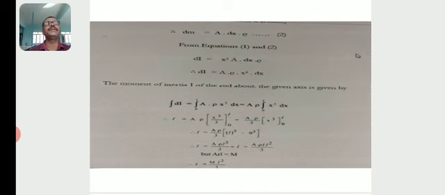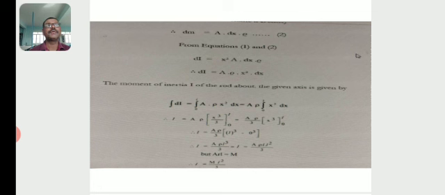Then dm is equal to A into dx into rho. Again from equation 1 and equation 2, dI is equal to x square into A dx rho. Therefore, dI is equal to A rho x square dx. The moment of inertia of the entire uniform rod when the transverse axis passes through one of its ends is given by integration of dI is equal to integration of A rho x square dx with the limits 0 to L.